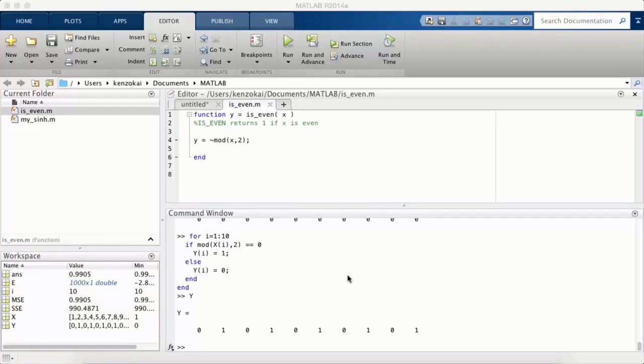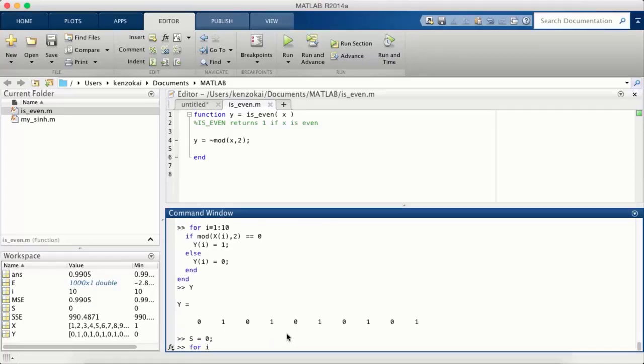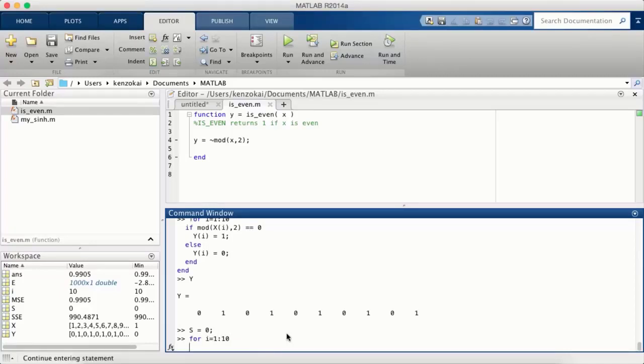Okay, so now let's do a similar example, also using for loops and if statements. The problem is, let's say I want to sum all the elements of an array that are divisible by 3. So let's just use the same x as before. Let's set some sum equals to 0. And so now I'm going to loop through all x's again. For I equals 1 to 10, if mod x of I